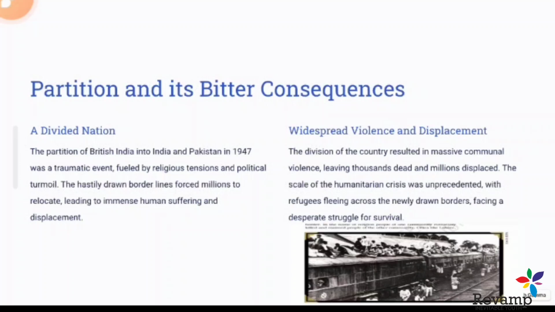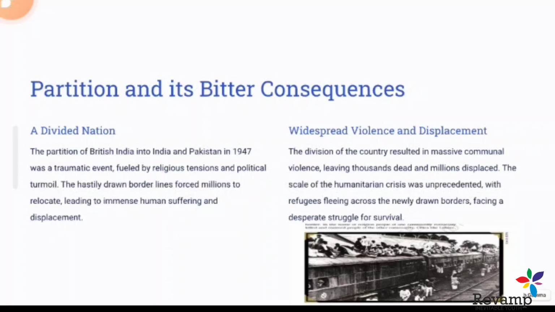Some areas became communal centers, like Amritsar and Kolkata, which became communal zones. A lot of communal violence happened in these places. Even Gandhiji went to Kolkata to convince people not to do any such violence. And a lot of non-Muslims in Punjab and Bengal were killed in large numbers. So these minority problems affected both sides of the border in those areas.